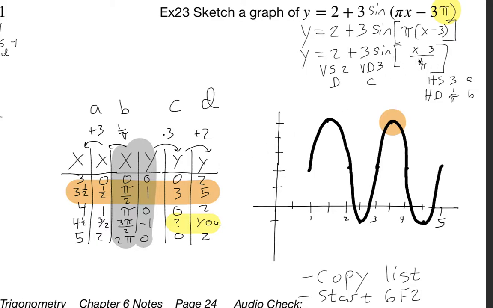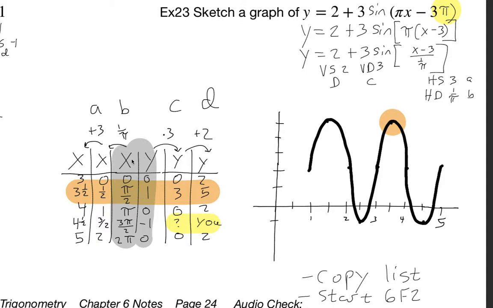Now that we have it in this form, we can look at the equation and find our a, b, c, and d values. The a value is 3. The b value is 1 over pi. The c value is 3 because it's x minus a positive 3. The d value is 2. A, b, c, d. This table right here